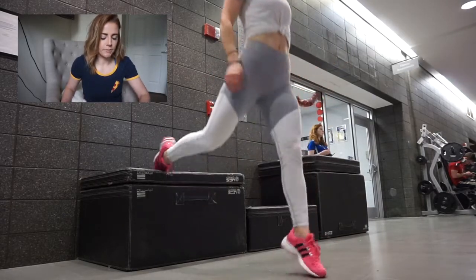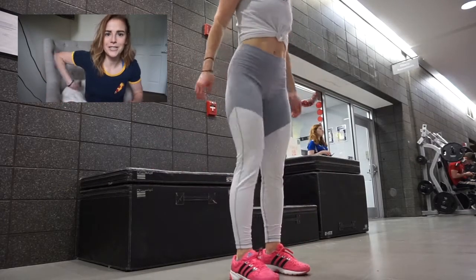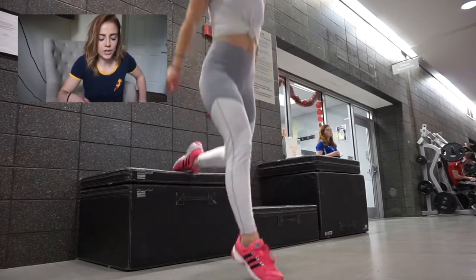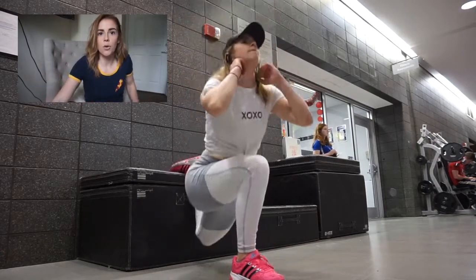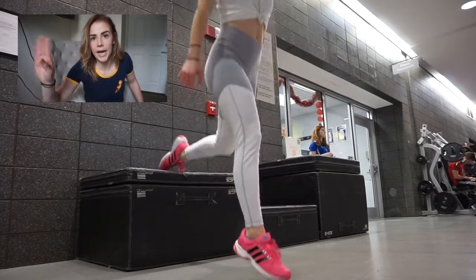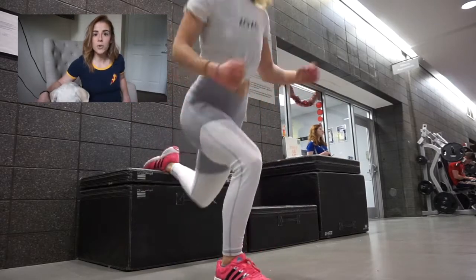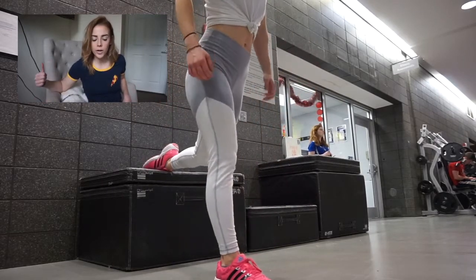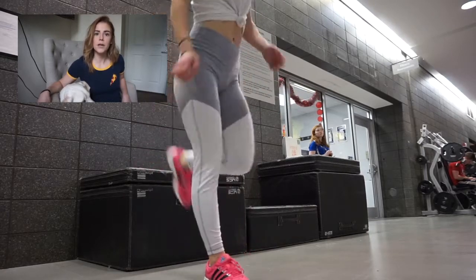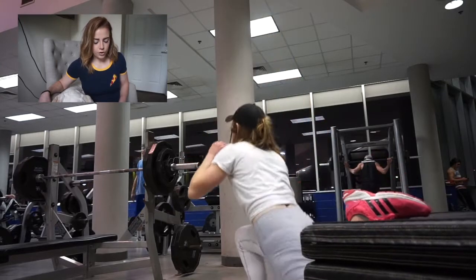So pushing one of your knees back towards the elevated one will ensure that your other knee doesn't go over your ankle, because that can mess up your mobility and your muscles and all that. So really try to push backwards in this and explode up, and it hurts. You will be dying, but in a good way. After those,